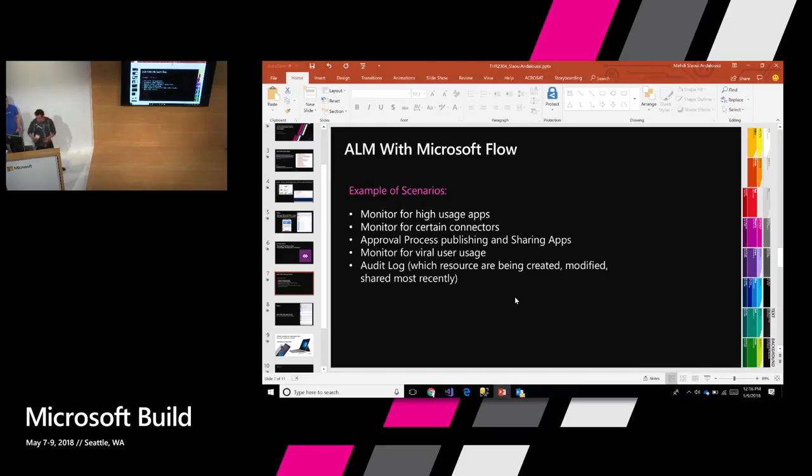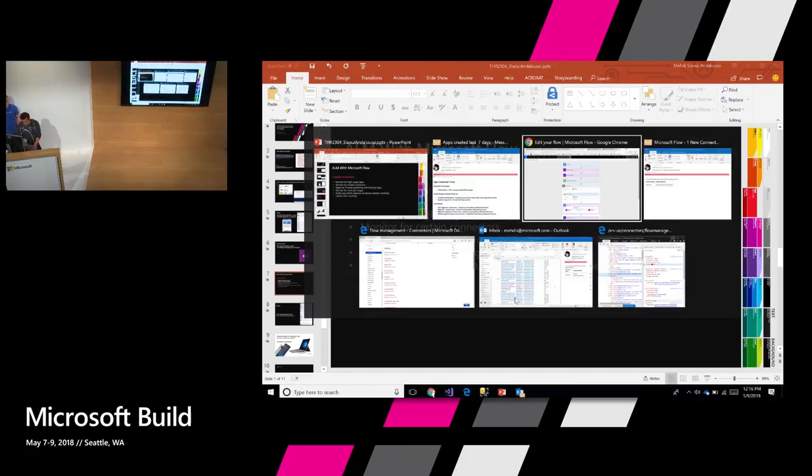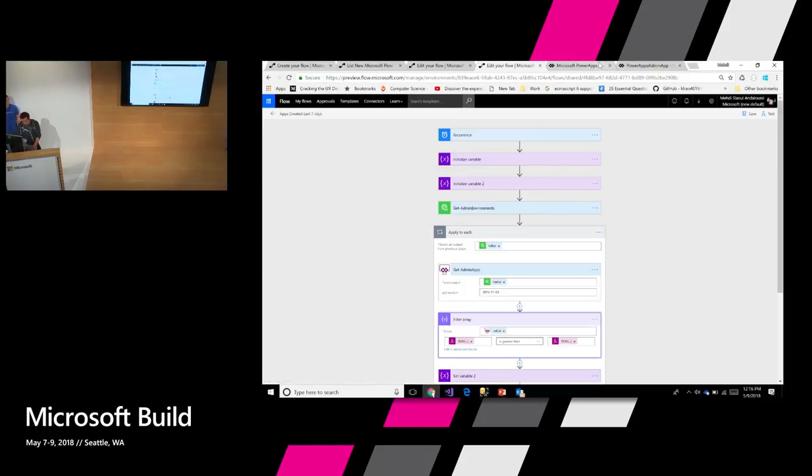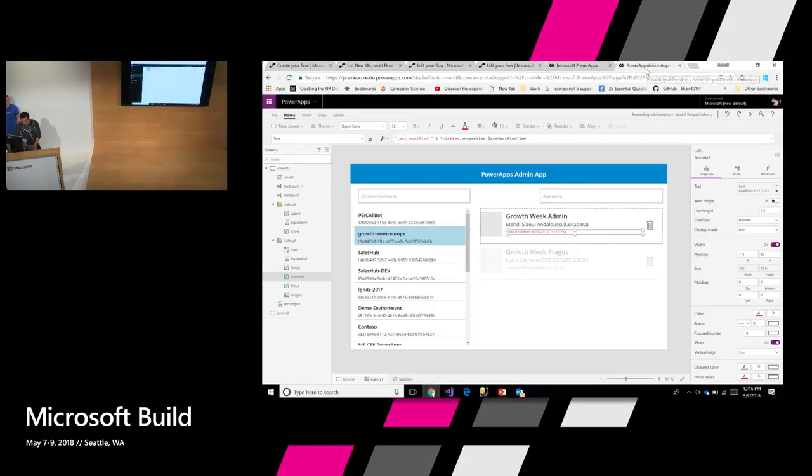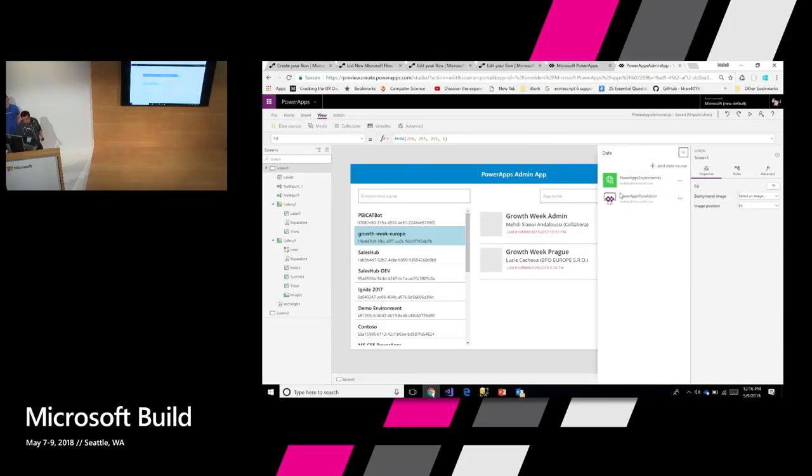So the last thing I want to show, just to wrap it up, is the use of this connector. You can actually create an app as well, a Power App, to monitor and manage your own environments and apps within those environments. This is a simple example where I'm using a custom connector. And I can see here that I have a Power Apps environment and a PowerFlow admin connector, and I'm basically listing out all of the